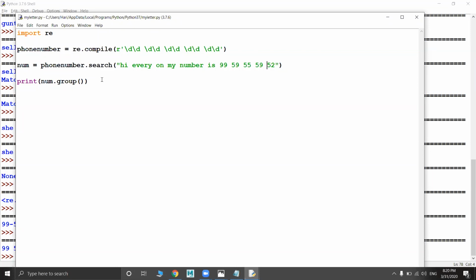For every email there is an @ symbol, then some word, then a dot, and then again something. That something depends on different companies. Some have .com, some .xyz, some .in, some .co.in, like this. It's completely different.